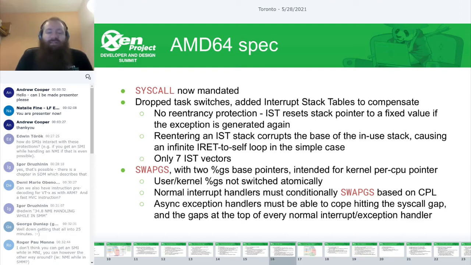Later still, in the mid-2000s, the 64-bit spec came along. Syscall is now mandatory, so all your stack problems are mandatory, and task switches are persona non grata. They are replaced with a mechanism called interrupt stack tables. Unlike task switches, interrupt stack tables have no reentrancy protection, and they function by resetting the stack pointer to a fixed value, which means that if you actually re-enter an interrupt stack table, you reset to the base of the current stack, and you end up running both handlers on the same stack, and they corrupt